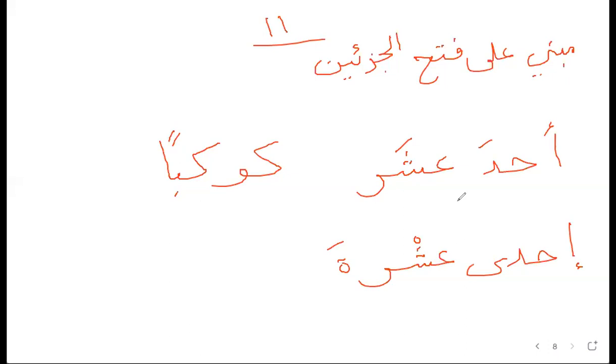Look. So here, the word كوكبا, كوكب is مذكر. And this is also مذكر. And this is also مذكر. And let's take an example with إحدى عشرة. I don't think there's an example like that in the Quran, but you can put any ma'dud there. مؤنث معدود إحدى عشرة, for example,